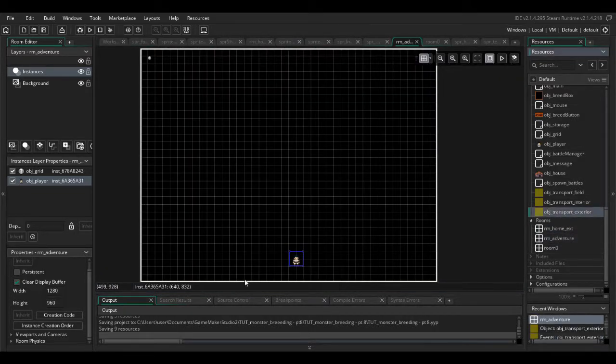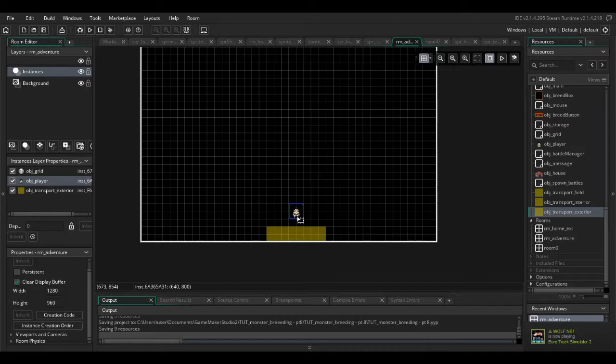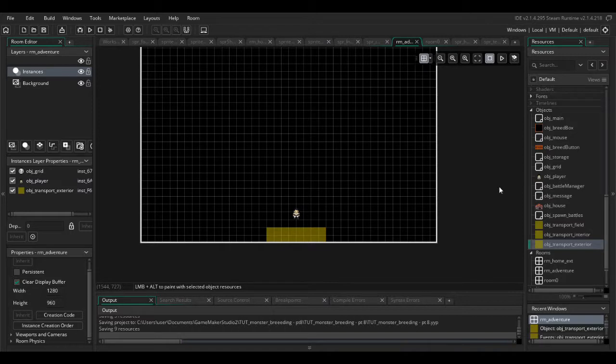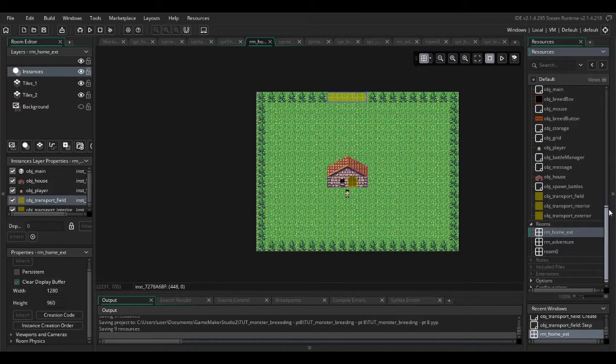Let's get this done. So exterior, about there. This isn't going to work perfectly because when he gets transported back to home exterior, he's going to spawn there. But just to get things working for now, this is okay. Is that something we can fix afterwards? And then